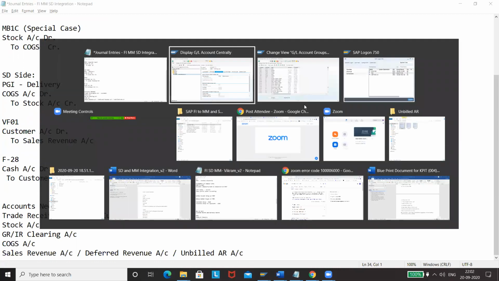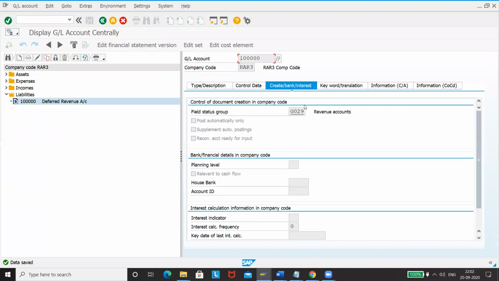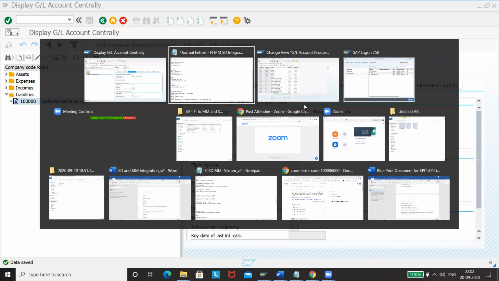So now we'll go ahead with creating a material master, and once material master is created, we'll then create a customer. We'll then try to create a sales order, and at the same time we'll maintain MM integration steps and SD integration steps as well. So let's go.